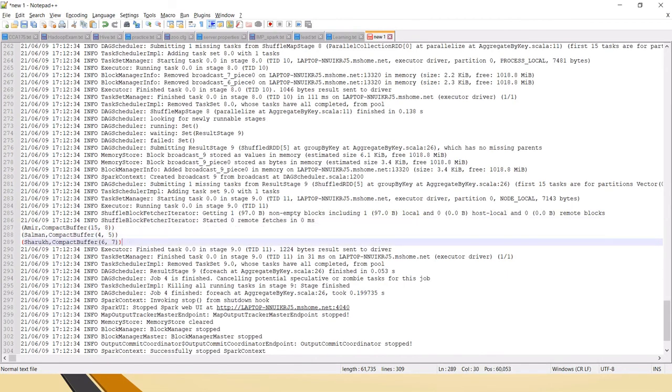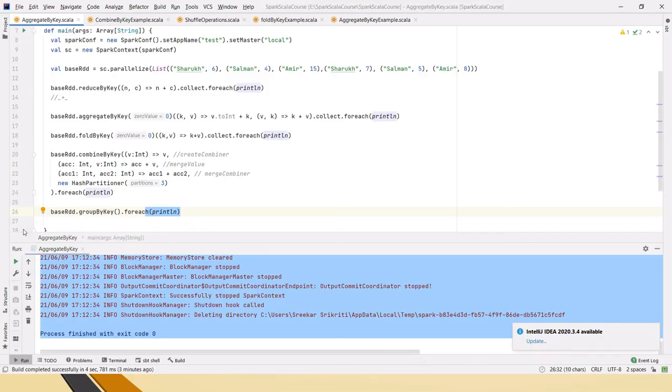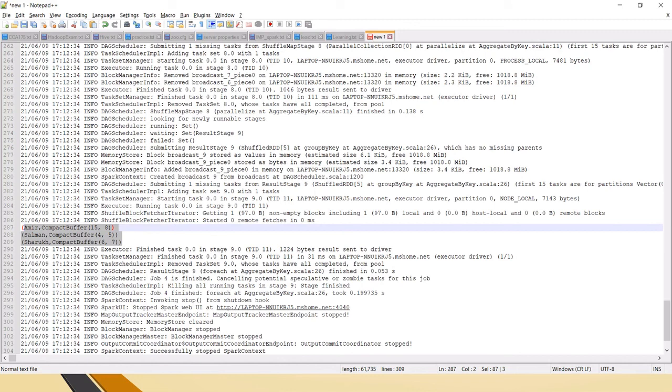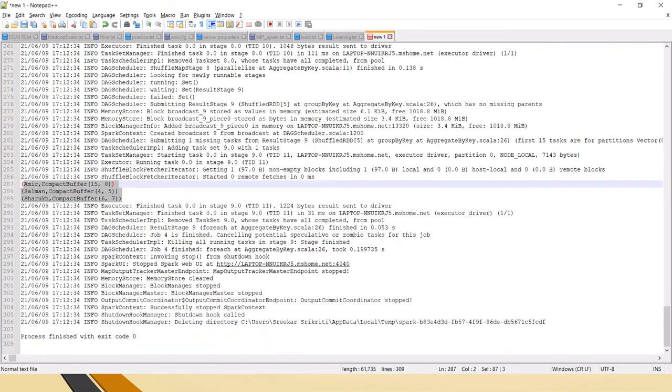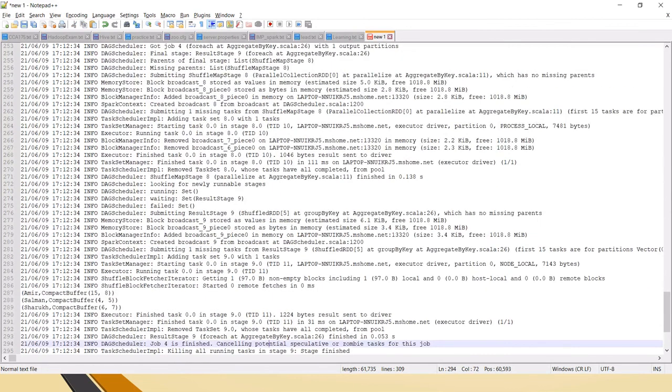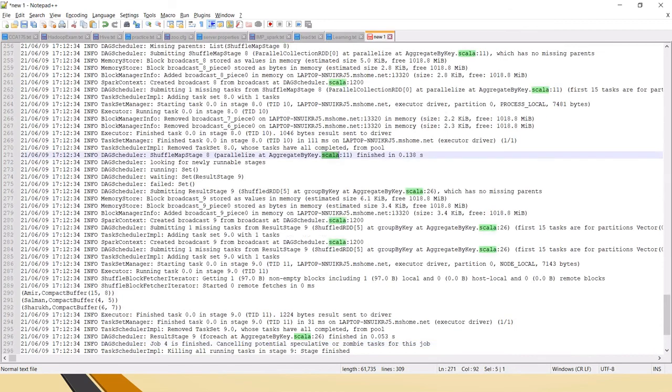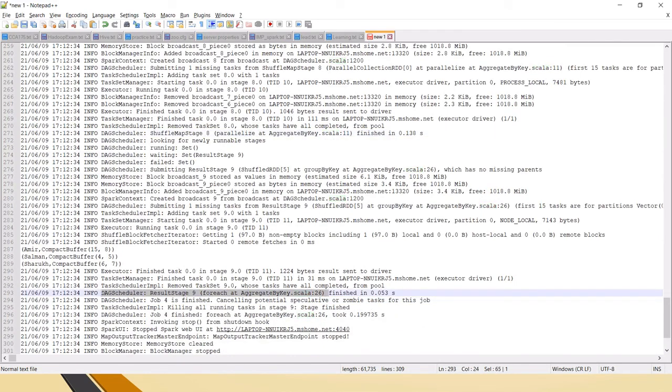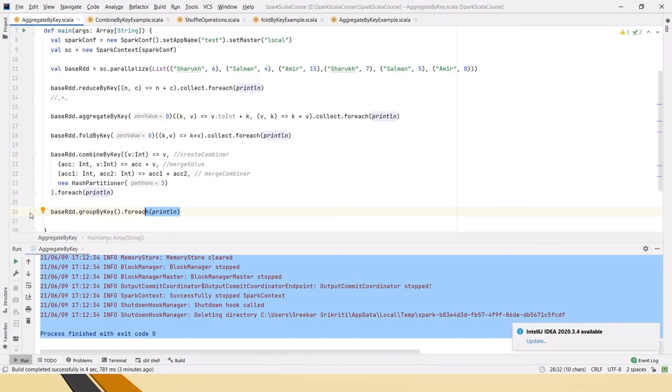So again we have to add combineByKey after the groupByKey for getting the aggregated values as output. Here you can see Scala 26 is finished, and you can see the 26th line is there. When I say Scala 14, 11 and all, it's the line numbers I am verifying across the logs.